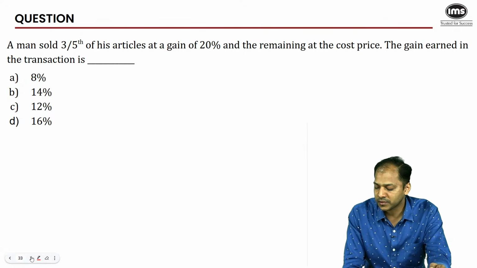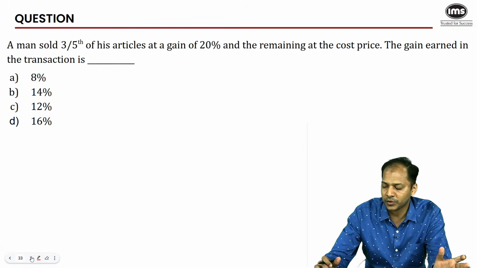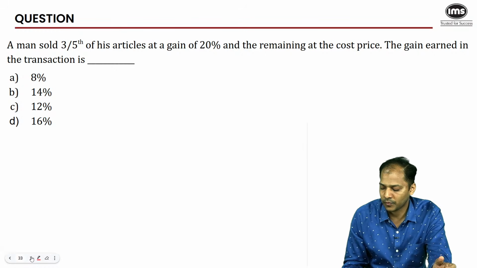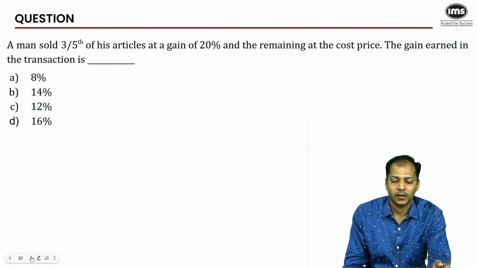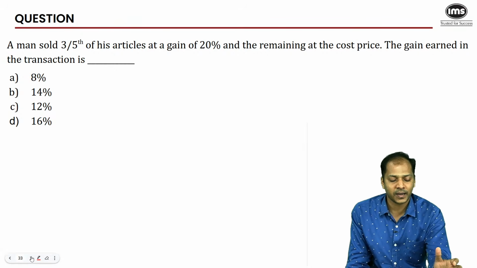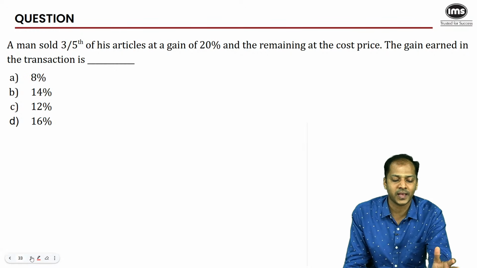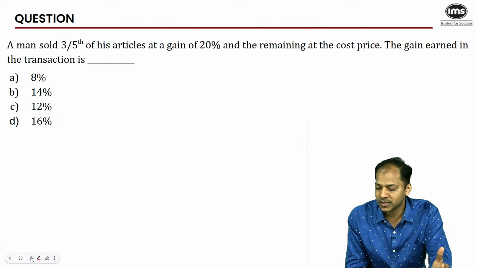Okay, I'm waiting for your answers. There's one concept that I wish to hear from you all. What concept would you use here? The best suited concept. Even without writing anything, looking at the numbers, I can directly say that the answer has to be 12%. The answer is option C.